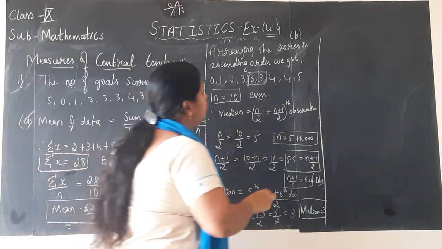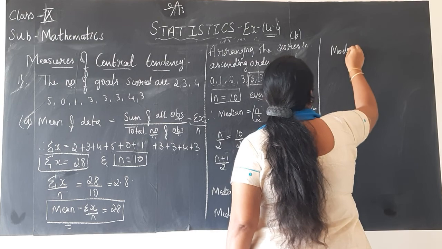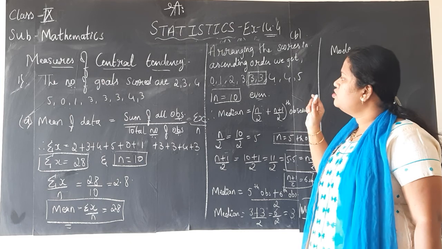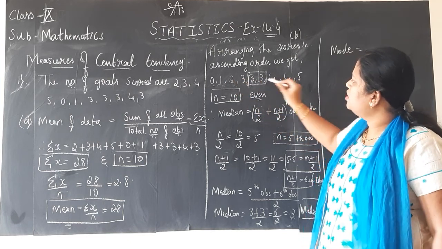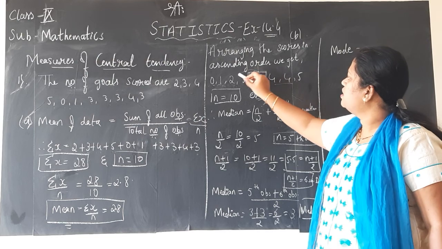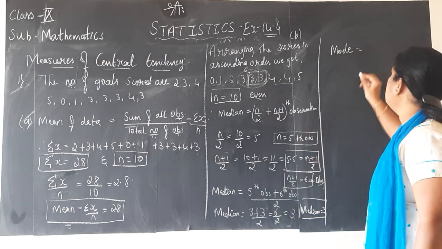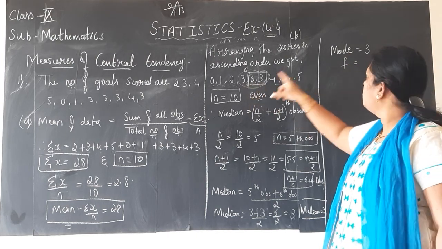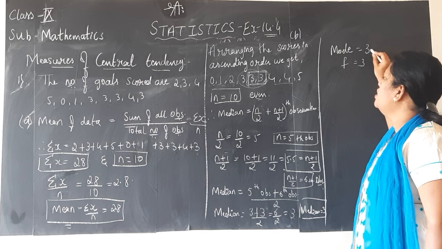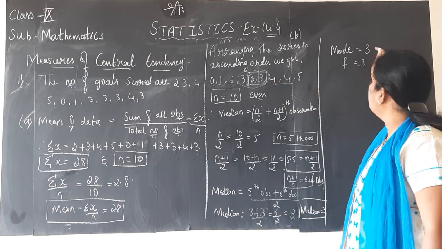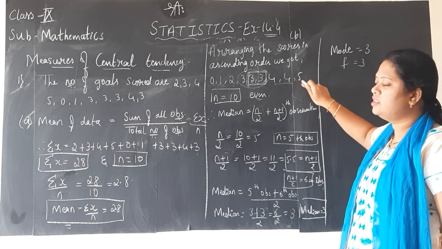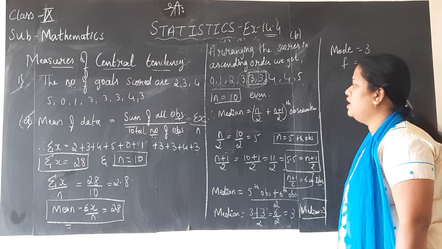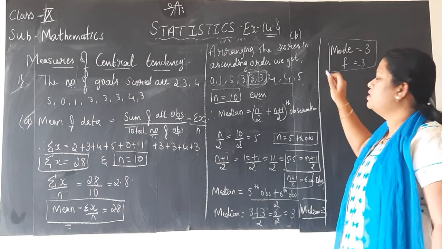Last part, we must find the mode. Mode is nothing but the repeated number or repeated frequency. Which number is repeated more? You can clearly say 4 is repeated twice whereas number 3 is repeated 3 times, thrice, children. So mode is clearly 3. The frequency of the mode, how many times it is repeated, is nothing but 3 times. So mode is 3. Suppose if it was 4, the mode would be 4. Don't get confused. If number 4 had repeated 3 times, then the mode was 4 but the frequency would still remain 3. But here mode is 3, frequency is 3.